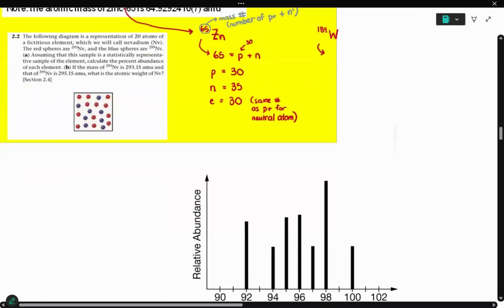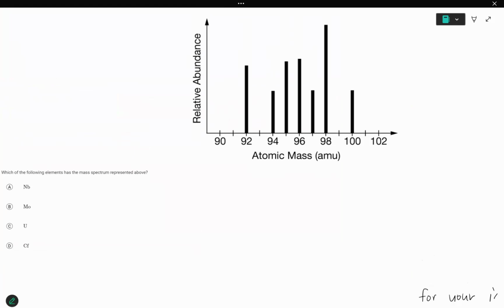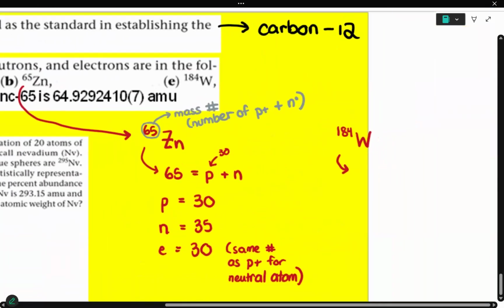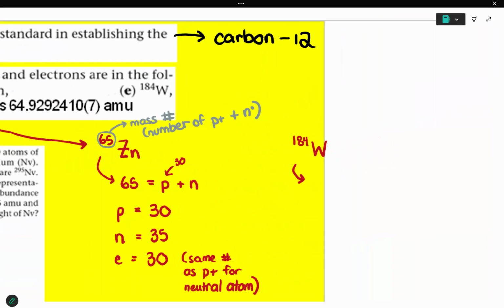And then once you're done that, I want you to try this AP style multiple choice question that involves the use of a mass spectrum, right? So this would be something equivalent. So this, we need to look at this and try to figure out which